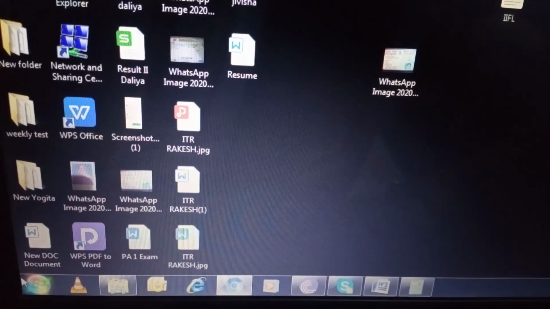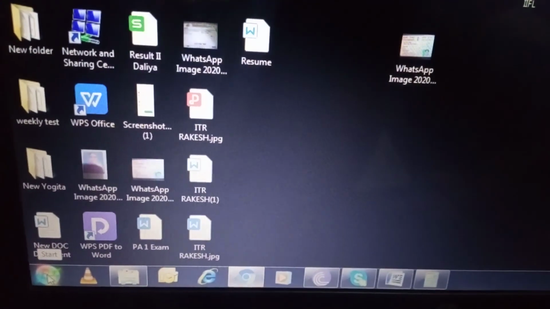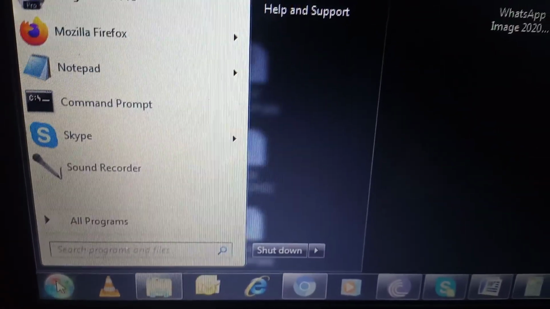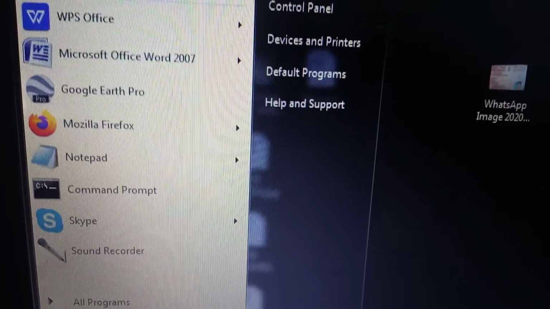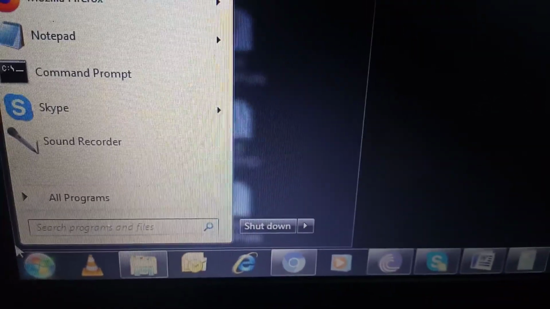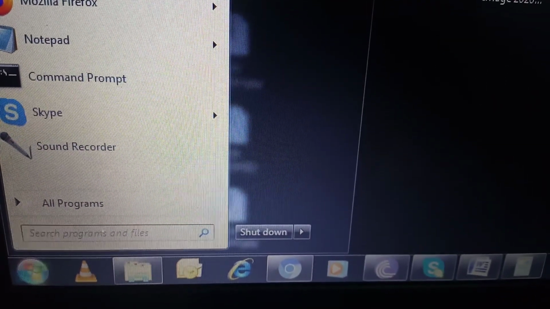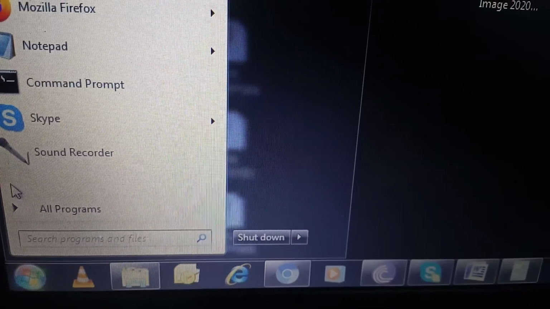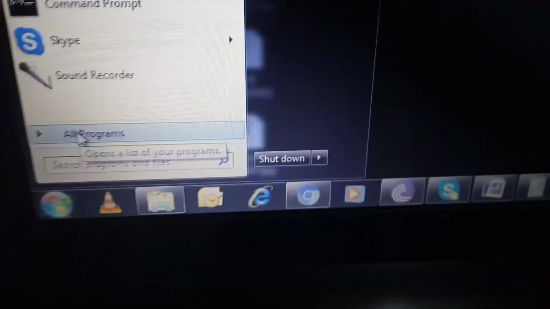Students, you can see the Start button here. I will click on that Start button. You can see the Start menu. After that I will click on All Programs.